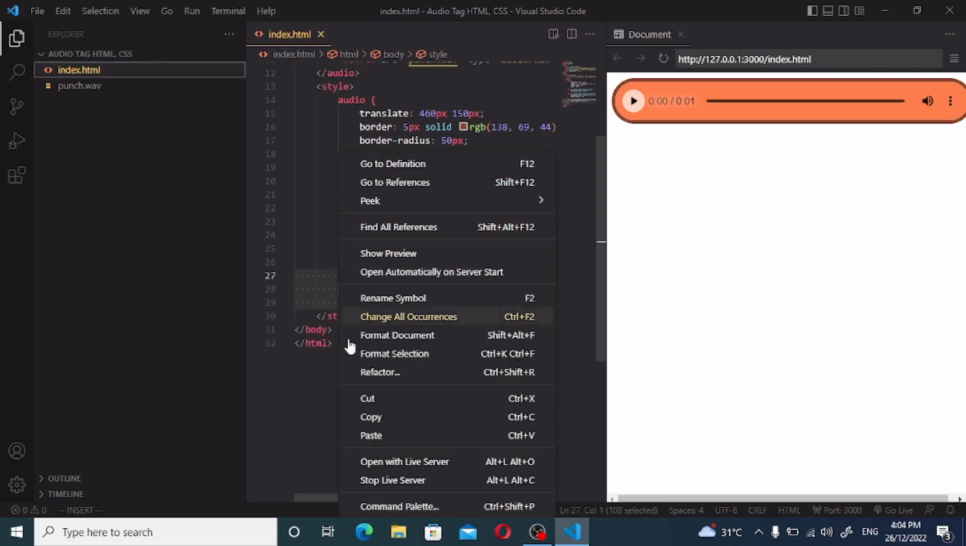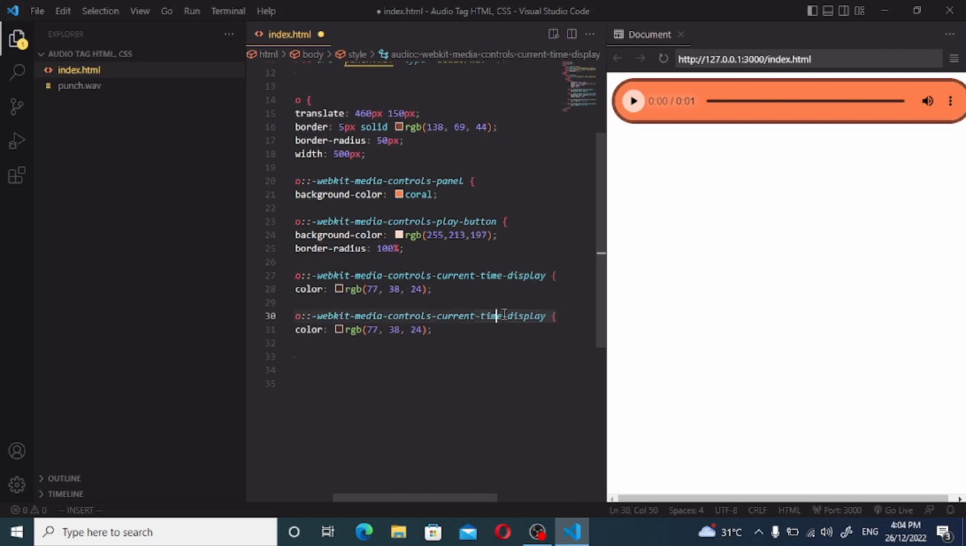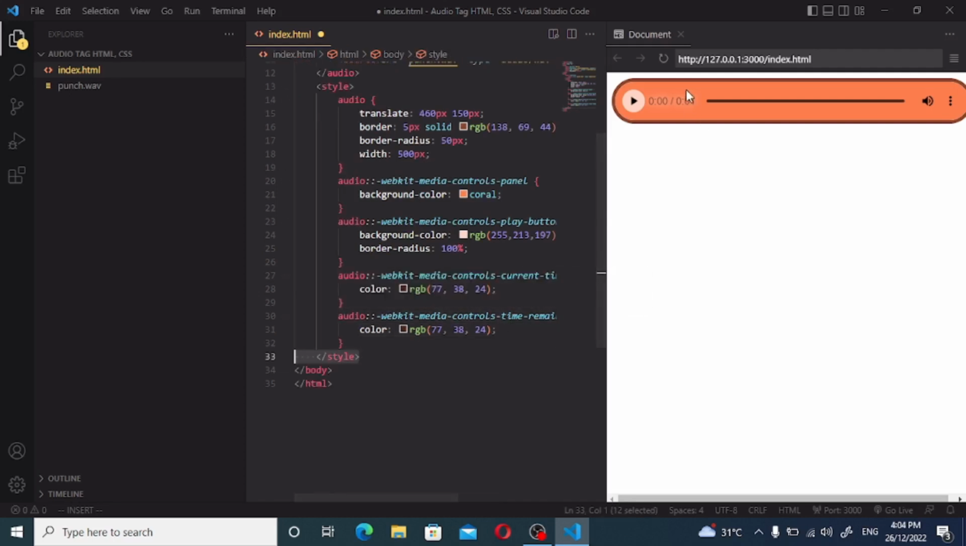Anyways, I'm just going to leave it like that, and then copy this, paste it, and then again change this to time, remove the current, change this to time remaining display, which is also going to change the color of this. Of course, you can change the color to another thing, but I'm just going to change it to this. Anyways, I'm going to copy this, paste it,